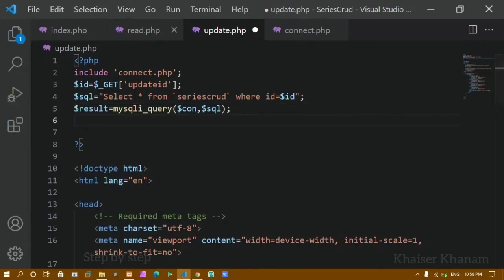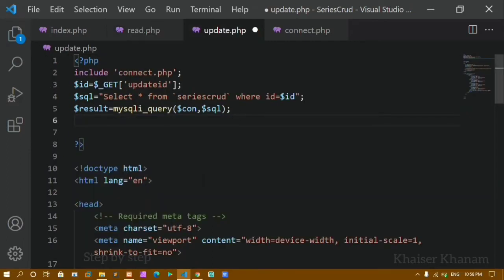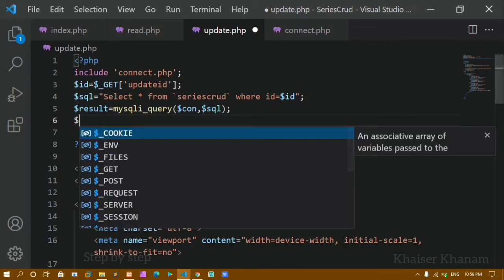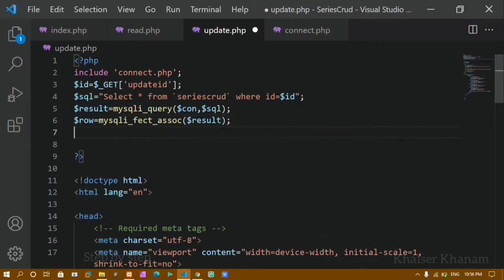Now in this read.php we have seen, inside this while loop we are getting all the data from the table. If we give only one, it means I am getting only one particular row. So I need only one particular row, whichever ID I have clicked, only that particular row I need. So for that, instead of wrapping inside the while loop, I'll just create variable $row, and here I'll be giving the mysqli_fetch_assoc method, and this is going to take this query variable. Okay, whatever is executed, I'll just copy this and paste that one here. Now here if I just show you echo, I'll be giving here $row, and I'll just give here fname.